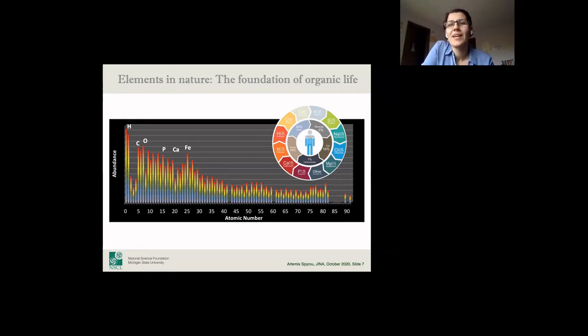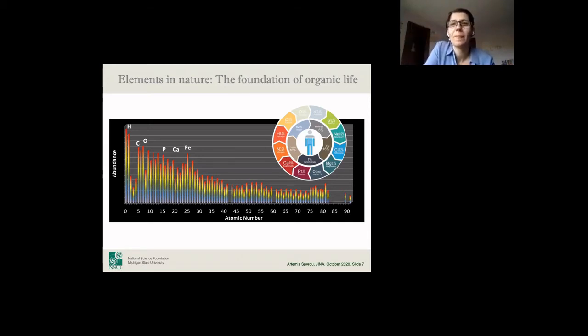So yeah, if I put the distribution of elements in the human body, this is kind of what it looks like. You have a lot of oxygen, that's at the top of the list. And you have a lot of carbon and hydrogen and so on. So these are a few of the elements. We actually have a lot more. There's about 30 elements that you can find in the human body, either in trace amounts or, of course, more than that.